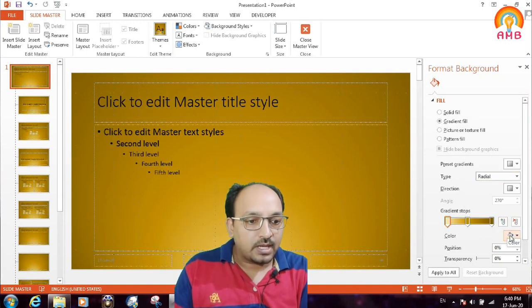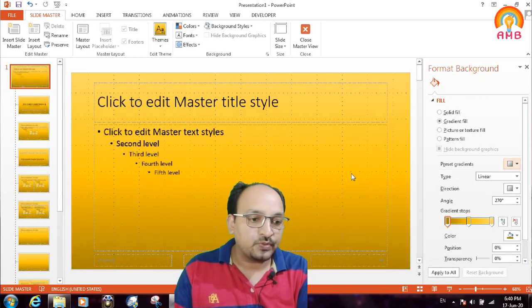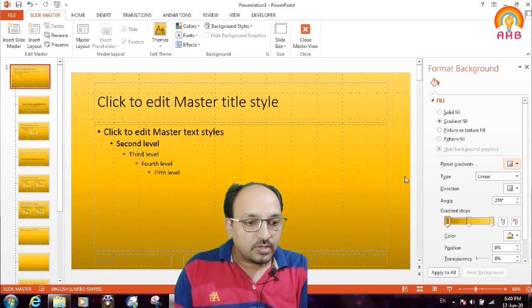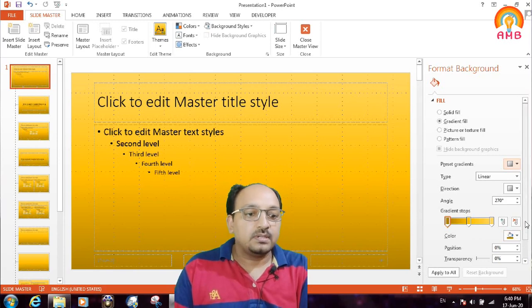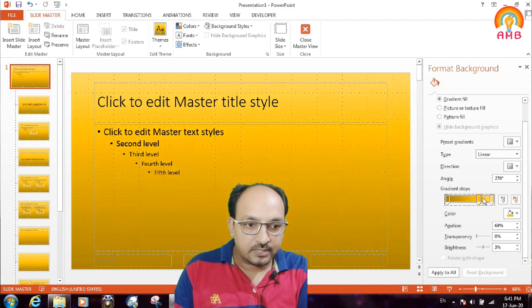I am now using this type of gradient. You can position the gradient effect also. You can change the gradient effect here and here also.